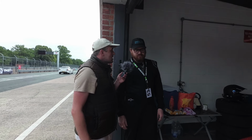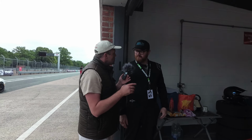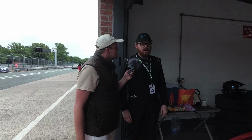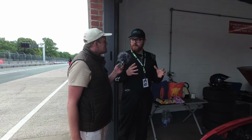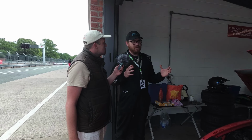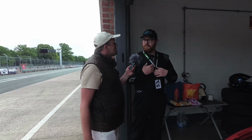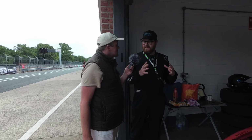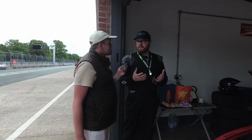And because this is rear-wheel drive, is the car not too small for rear-wheel drive? Don't you have too much oversteer when you're going around the corners? No, if you get the right balance, it doesn't. It's not too much of a problem, and the wheelbase isn't so short that, like a go-kart, if you turn in too hard, it will let go. It's just the right sort of distance between the wheels to give you that good balance of grip